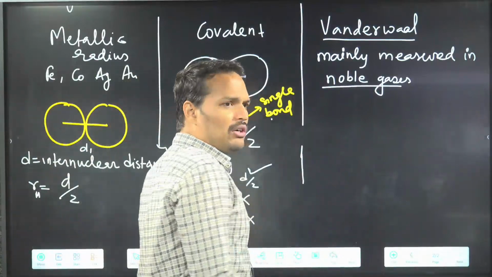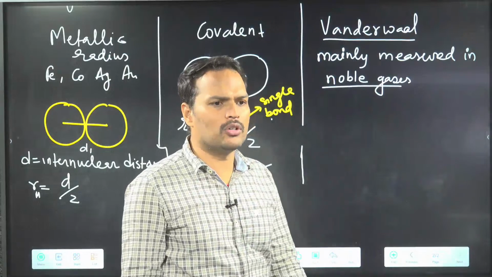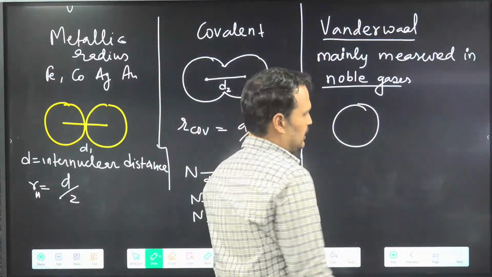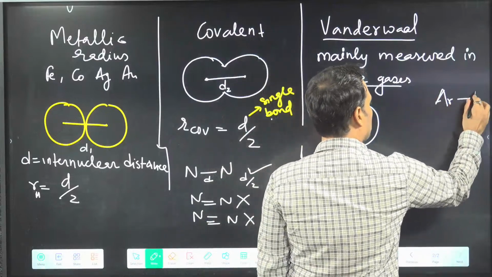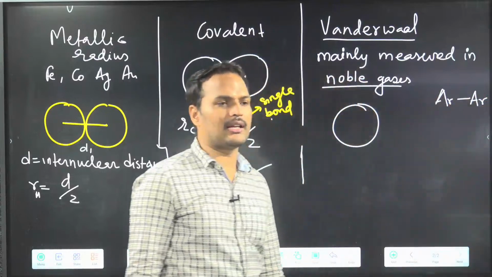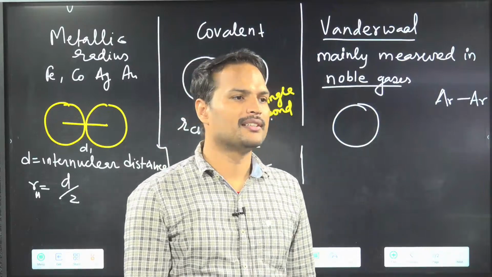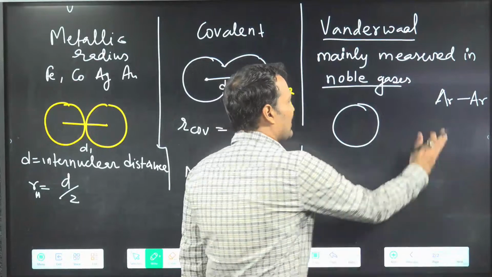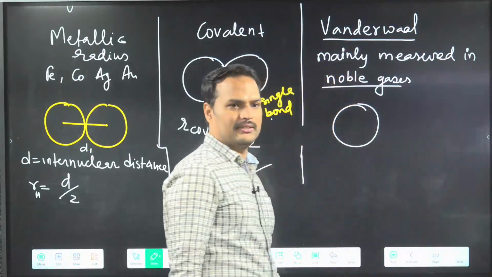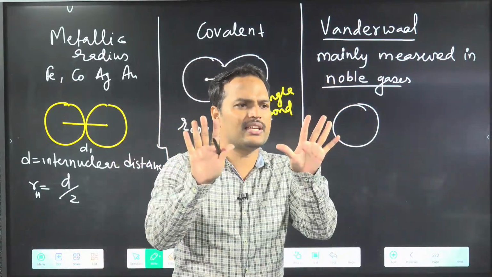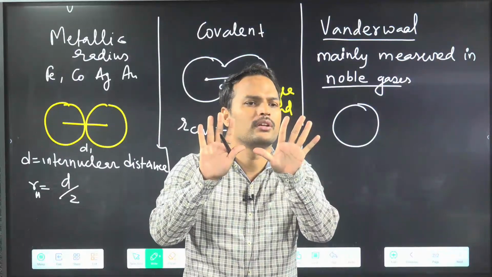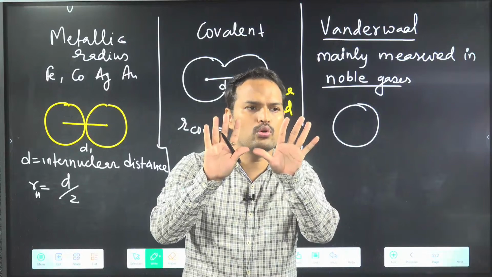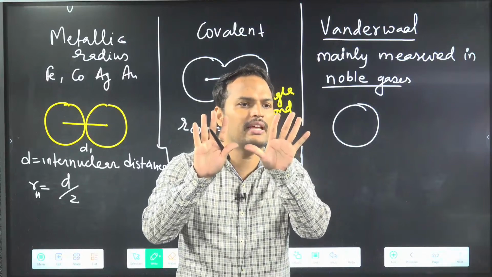Okay. Now what? Noble gases generally cannot form covalent bonds. Have you ever seen an argon covalent bond? Even in dreams you have not seen it. Never. Okay? So they will not form bonds. They can only come closer, not even touching exactly. They are just trying to come closer as much as they can.